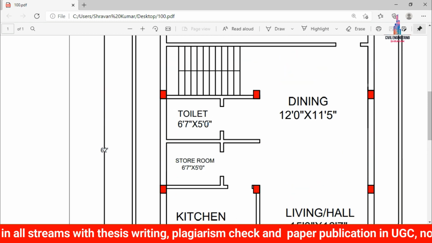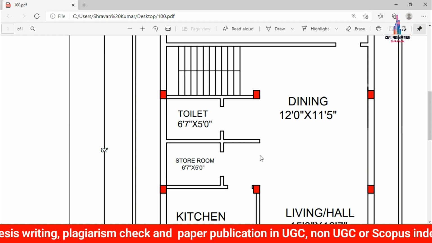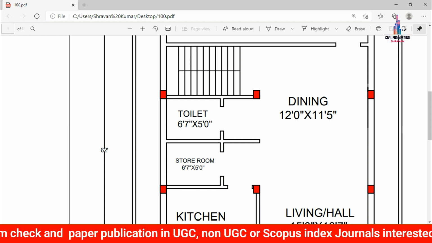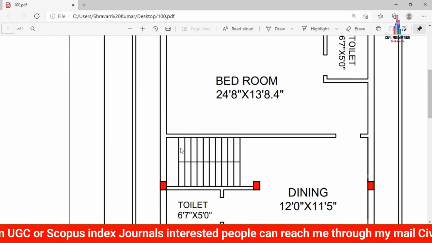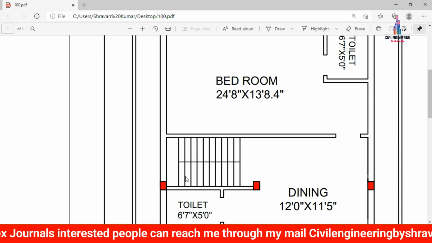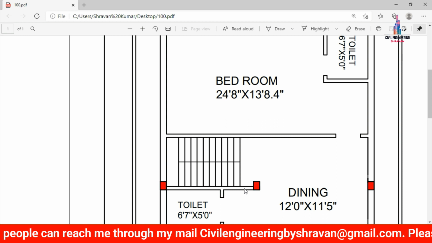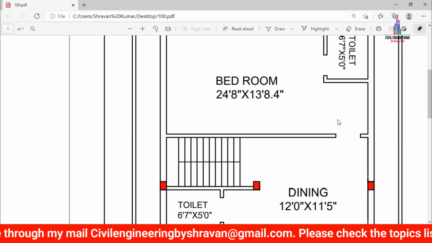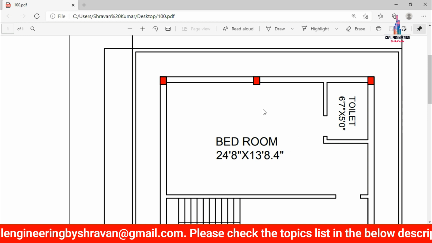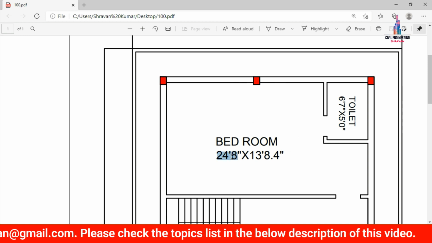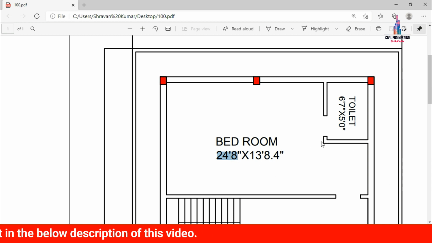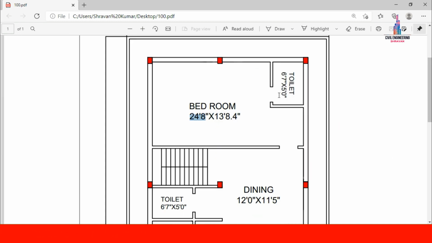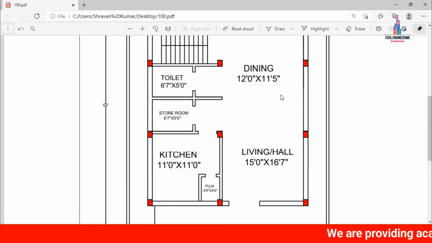width direction distance, and one toilet is attached for this respected hall section which is consisting of 6 feet 7 inches cross 5 feet. This is the staircases which are generally useful for climbing to the first floor. The dimensions of these respective staircases are 12 feet in length direction distance as well as 6 feet in width direction distance, and this is the single bedroom which is placed at the ground story, consisting of the dimensions of 24 feet 8 inches cross 13 feet 8.4 inches. To the bedroom section there is one toilet here which is consisting of 6 feet 7 inches cross 5 feet. So this is the ground floor plan and complete details of this respected ground floor section.